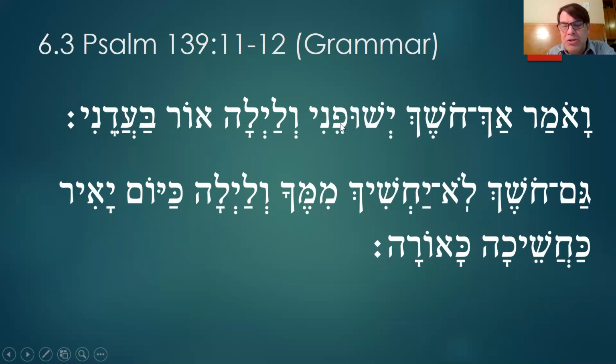I think this word means to bruise, which is interesting because I was just thinking, maybe I'm wrong here, but when something's bruised, it gets dark, right? It gets blue. So I wondered if there was a little bit of an image of the darkness, maybe somebody will say the darkness will bruise me and God won't see me because it'll all be dark. But guess what happens? Even the night is light